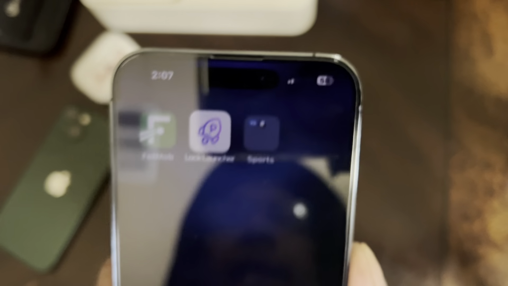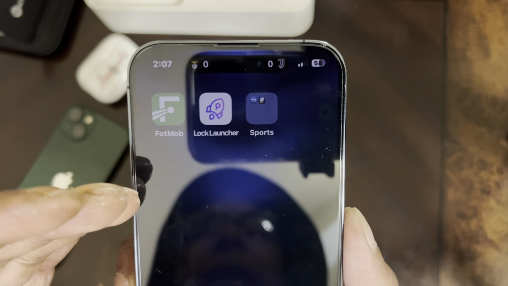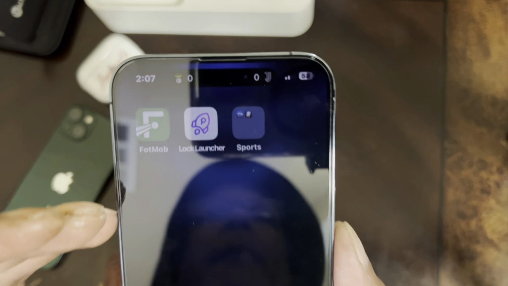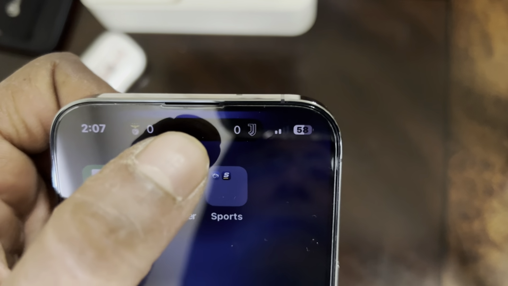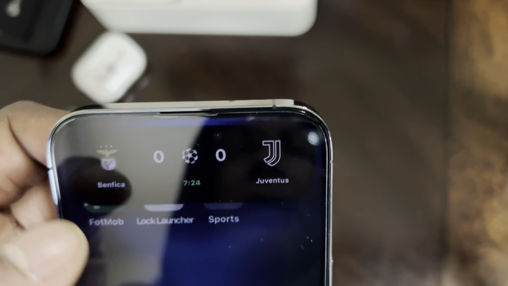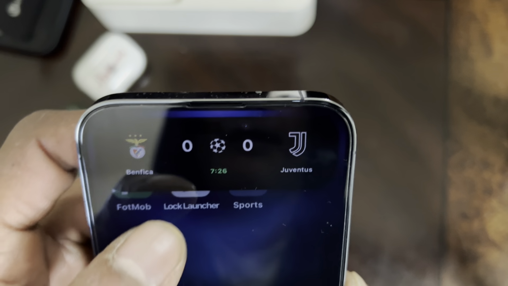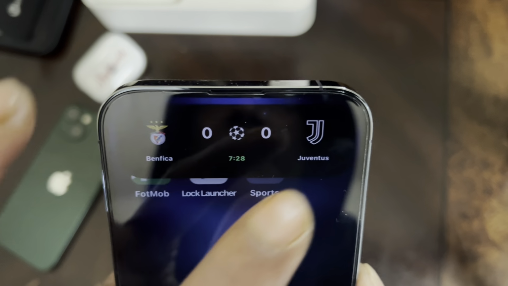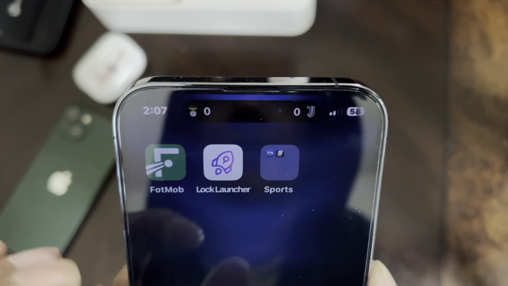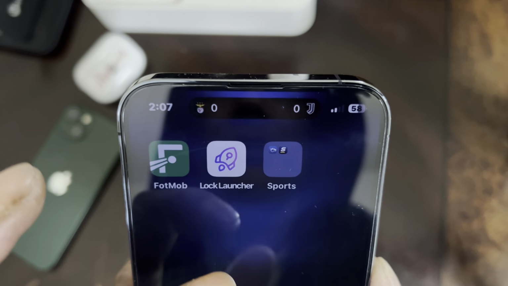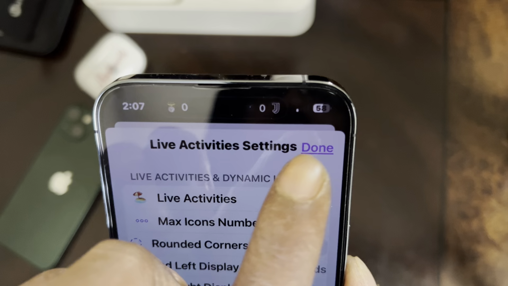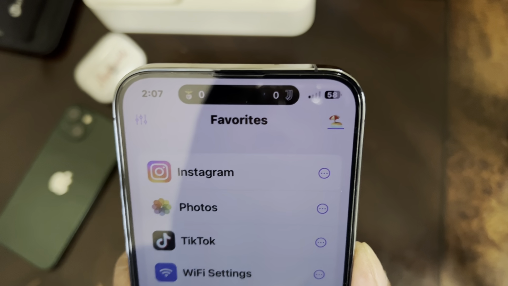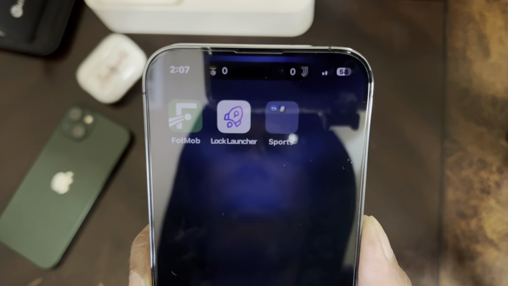If I click that, it closes out the application. But as we can see right there, if we 3D touch on the dynamic island, it will bring up the match. But if I go back in here and hit done right there and exit out of the application,